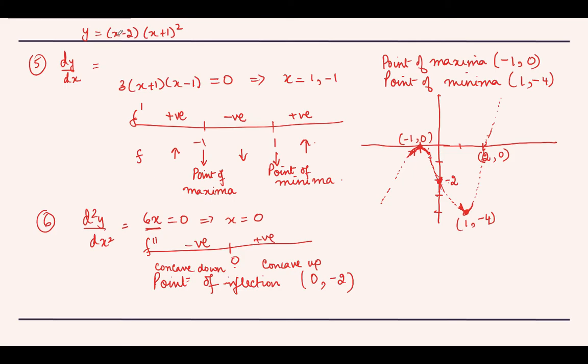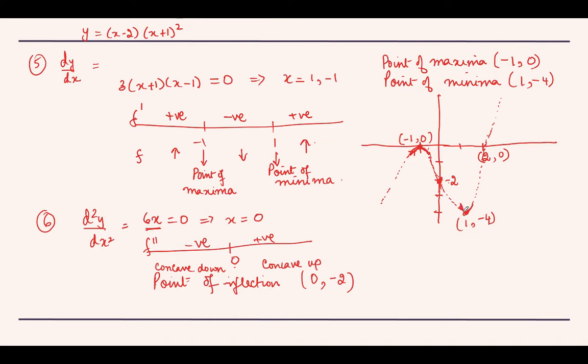So when we substitute x equals to -1, y value is 0. When we put x equals to +1, y value is -4. So that gives us these 2 points, -1, 0, which is here, and 1, -4, which is here, which are the 2 points of extrema. At -1, 0, it is a point of maxima. So your graph has to be an inverted cup shape like this. It has to reach a peak at this point, and at 1, -4, it is attaining a point of minima.